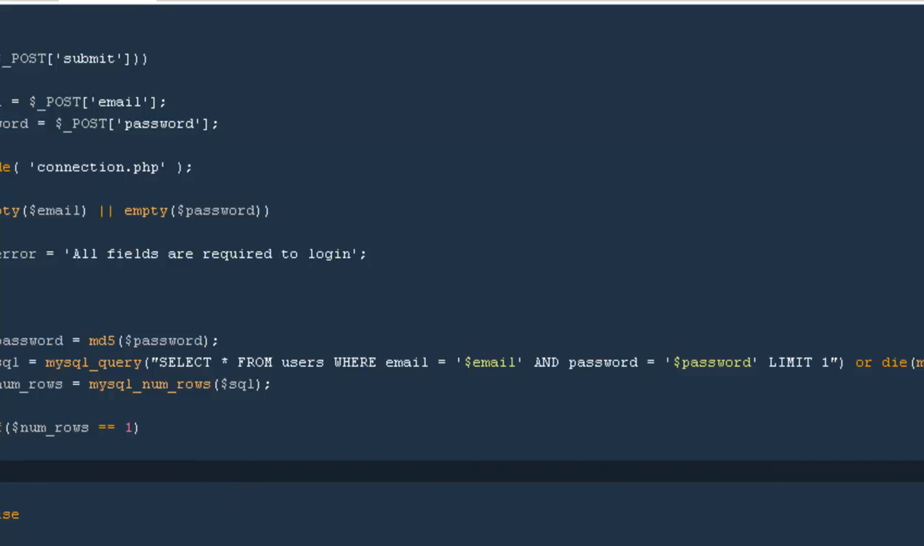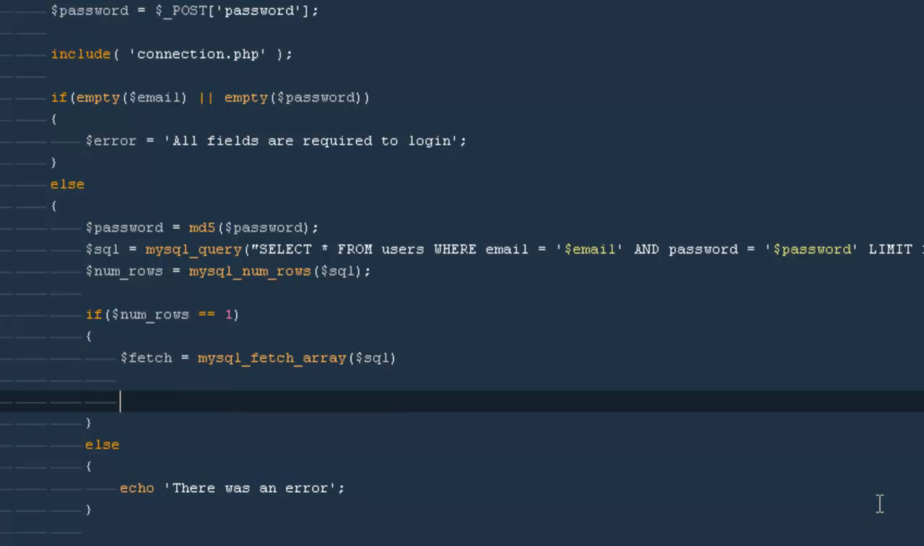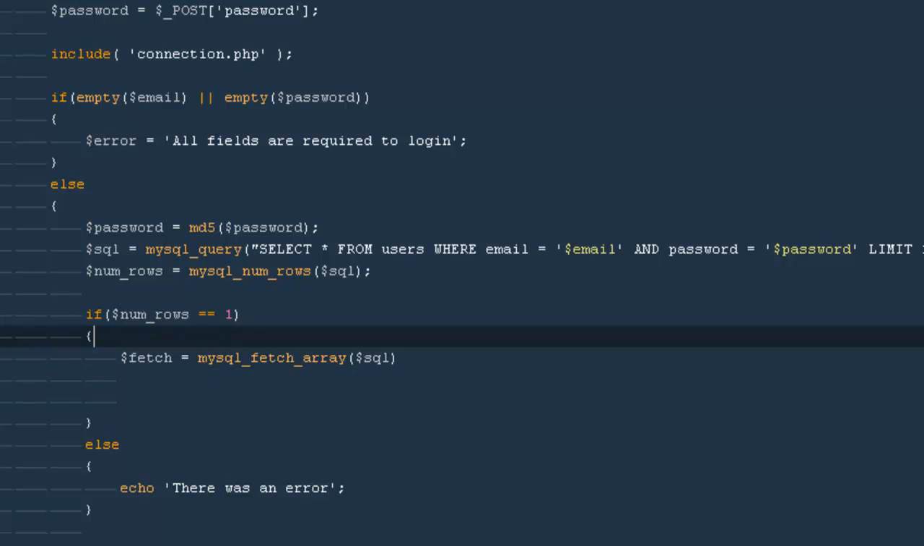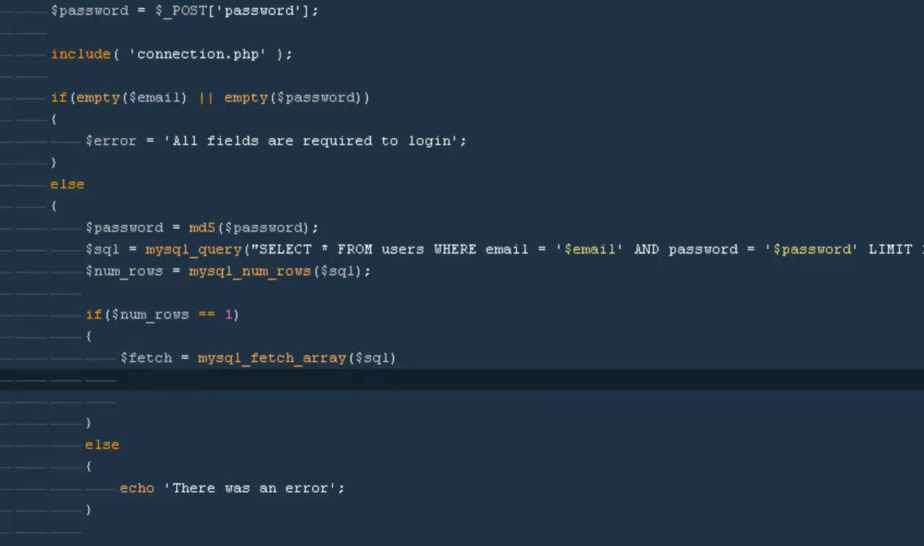So if the person is able to log in, what we're gonna do is I'm gonna say $fetch would be MySQL fetch array $sql, and then I'm gonna say email will be equal to. So what we can do is first fetch everything from the database by writing this query, which says MySQL fetch array, and I'm gonna say extract